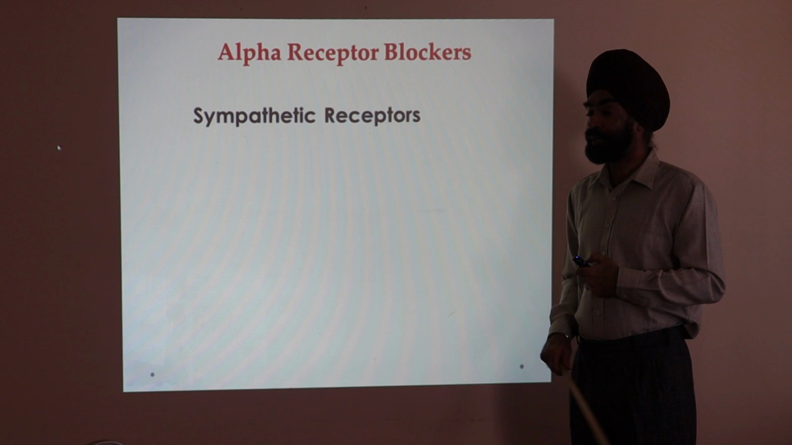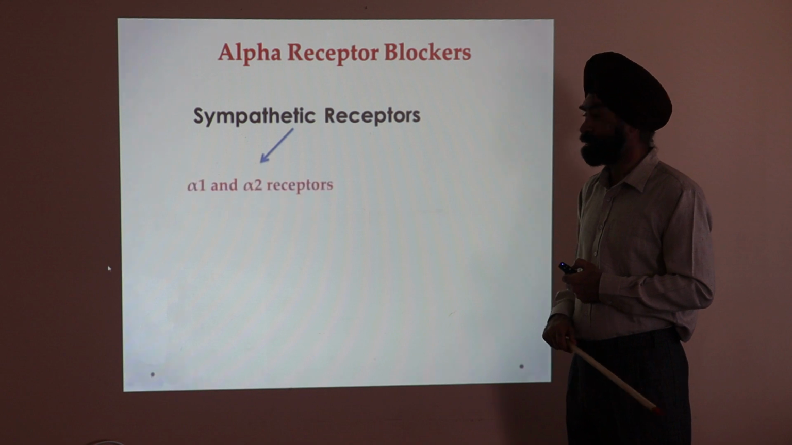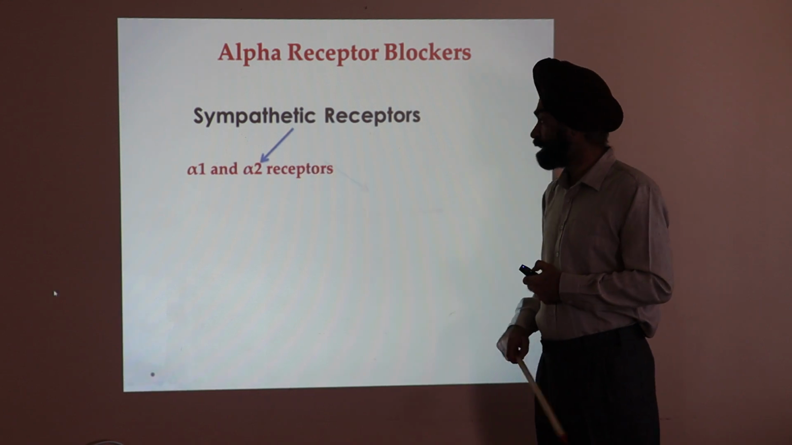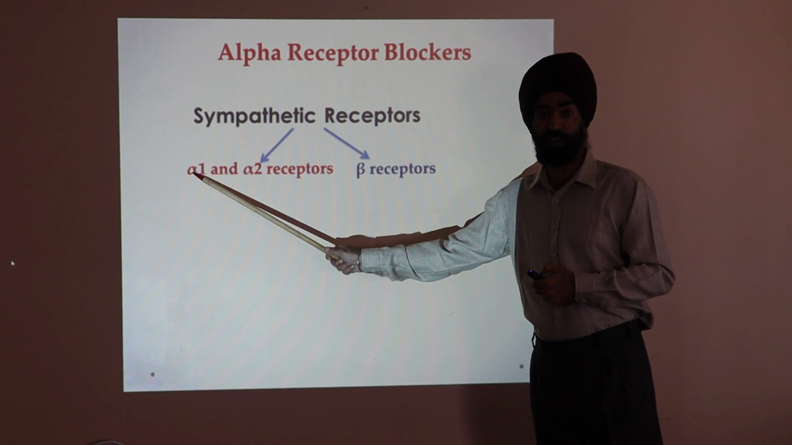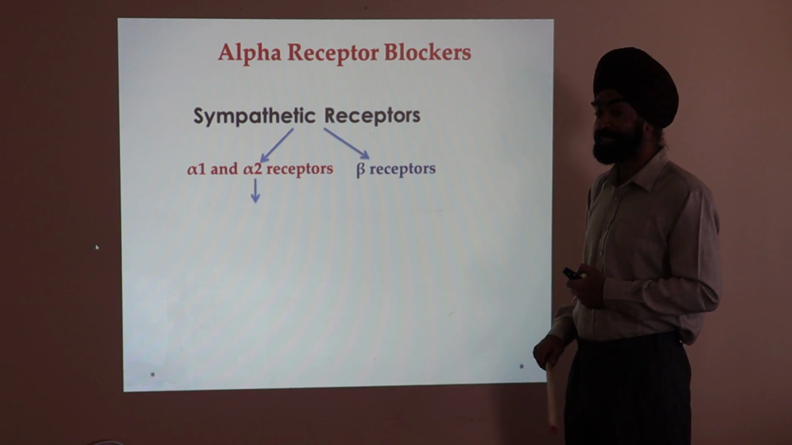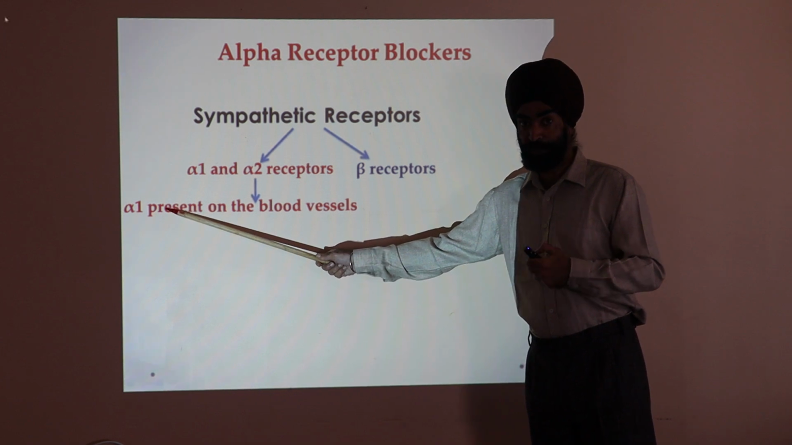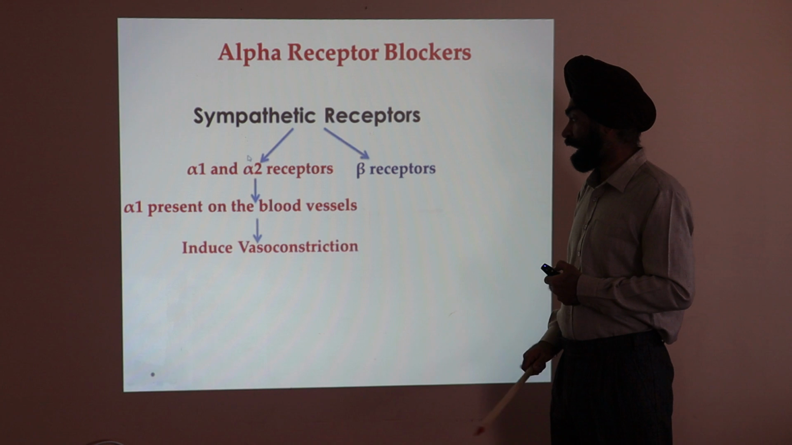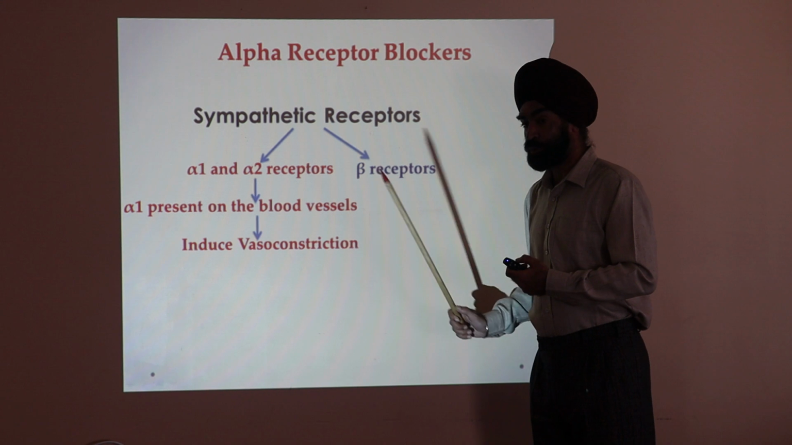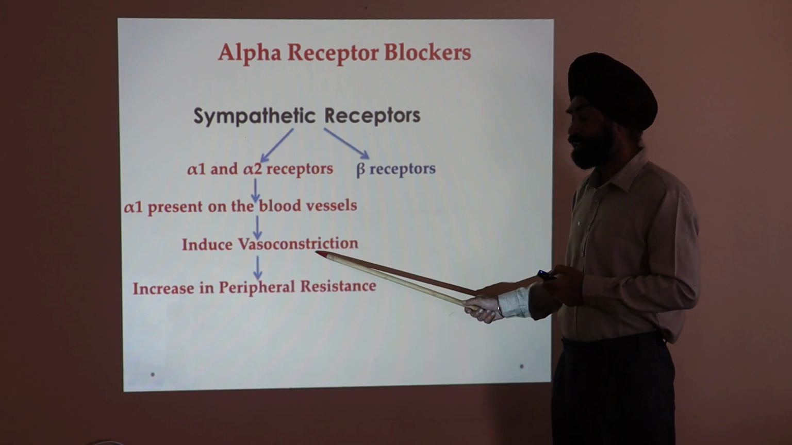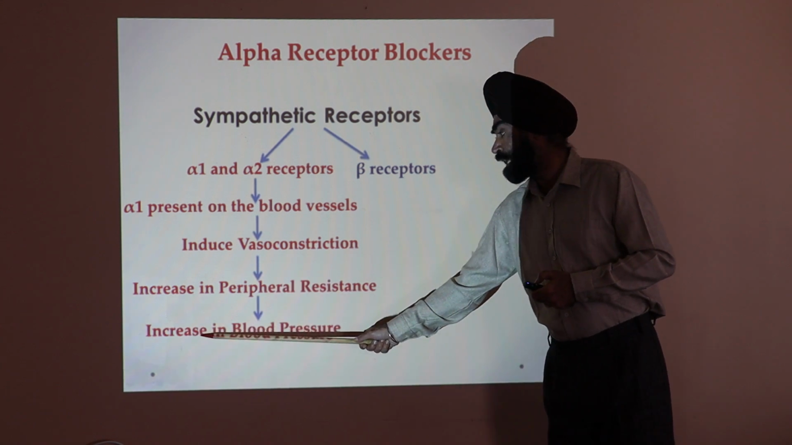Now you remember that we discussed the sympathetic nervous system. There are two kinds of sympathetic receptors. One is the alpha receptors and the second is the beta receptors. Alpha receptors are further of two types, alpha 1 and alpha 2. Now what is the basic difference between these two receptors? Alpha 1 receptors are present post-synaptically on the blood vessels, and when they are activated, they produce vasoconstriction, and vasoconstriction will lead to an increase in the peripheral resistance, which is associated with the rise